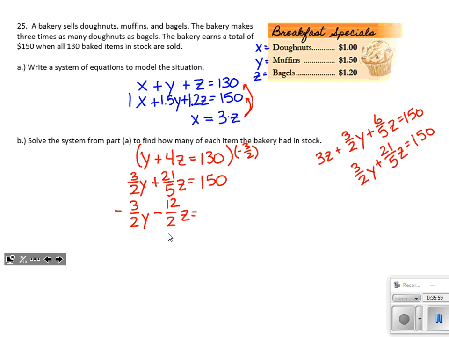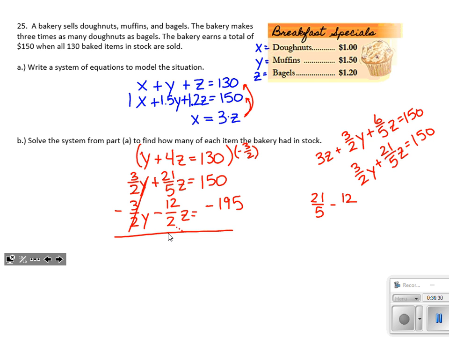I'm starting to realize here that this 12 over 2 is not going to combine equally. But let's see this one through. Okay, so 130 over 2 is 65. 65 times 3 is 195. Yeah, good. So yeah, 1.5 of 130. Okay, and if I combine those together, my y's cancel out, and I have 21 over 5